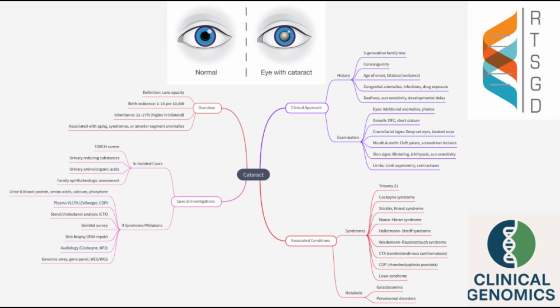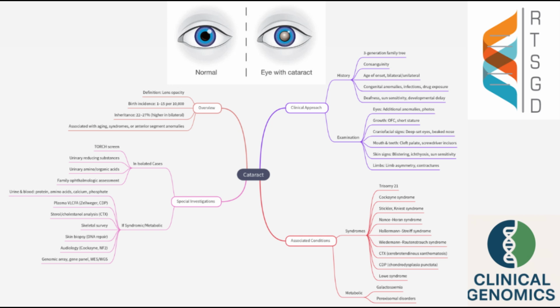So how do we approach this in the clinic? The first step is always a detailed clinical evaluation. We start with a full family history, including a 3-generation family tree. We ask if the parents are related by blood and when the cataract was first noticed. Was it in one eye or both? Did the mother have infections during pregnancy? Was there any medication exposure? If the cataract comes along with hearing loss, light sensitivity, or developmental delays, then we start thinking about a syndromic